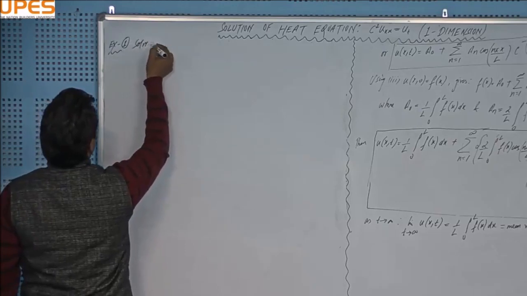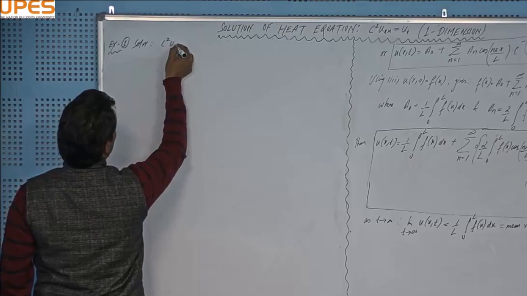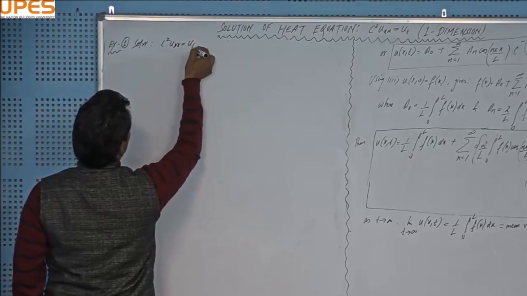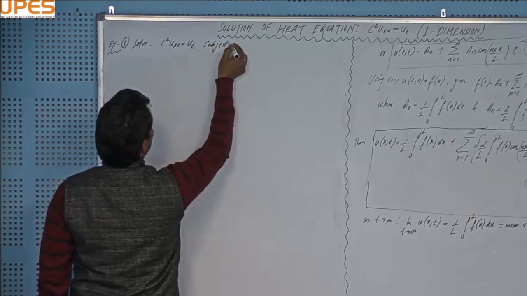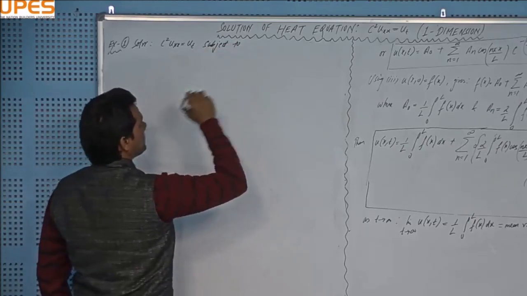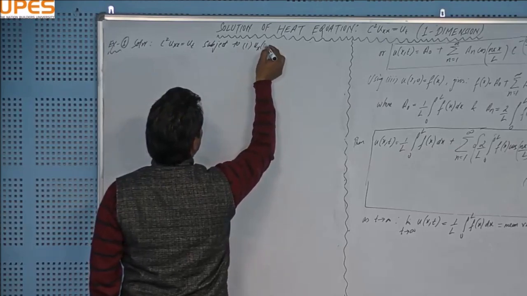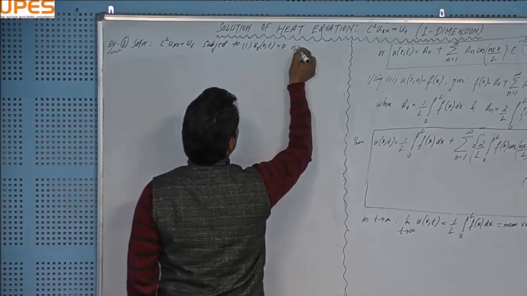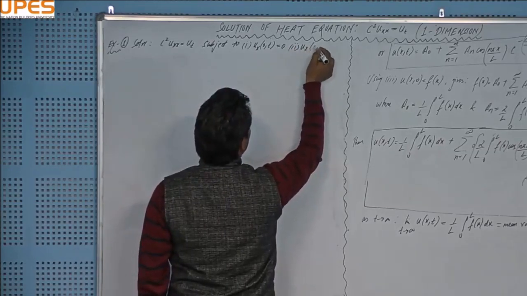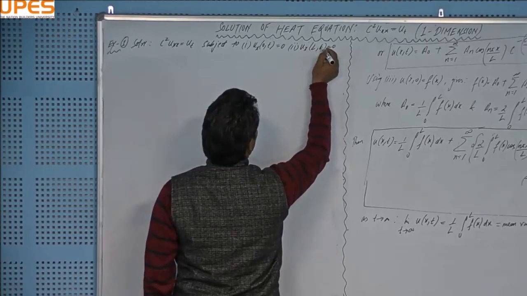Solve c² u_xx = u_t subject to the first condition u_x(0, t) = 0, the second condition u_x(L, t) = 0, and the third condition